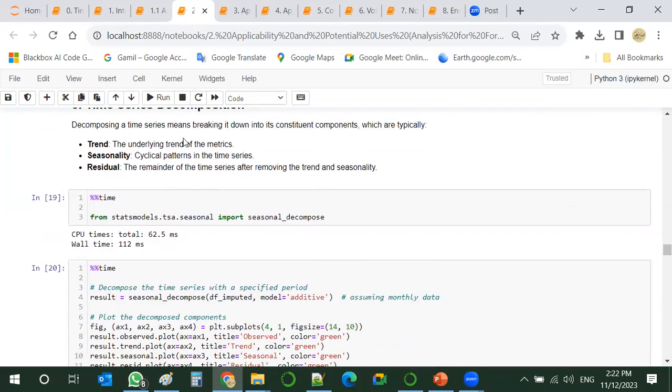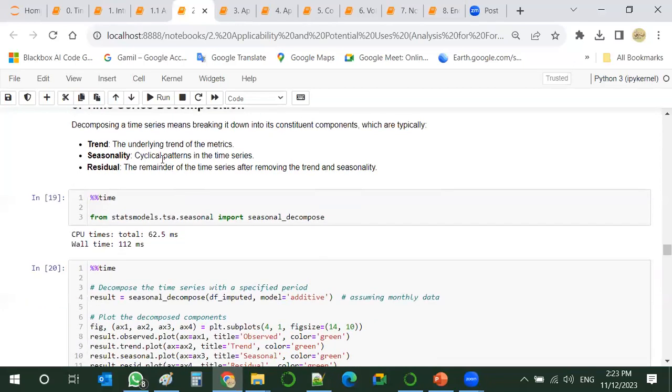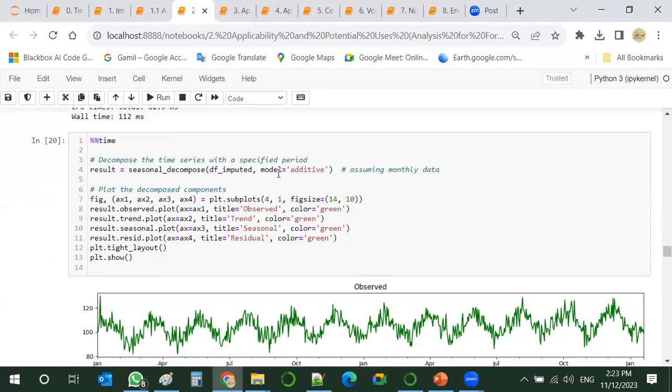So the technique to handle this starts with decomposing. We decompose our time series, we break it down into its components, which are typically trend, seasonality, and residual or white noise. And we use the appropriate library, and we just run.